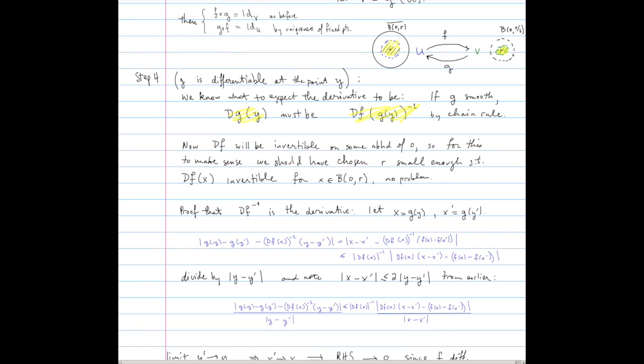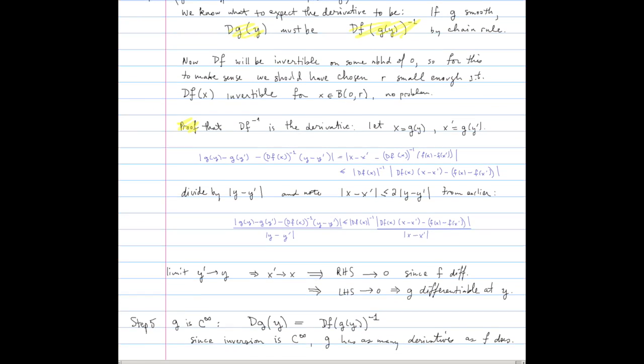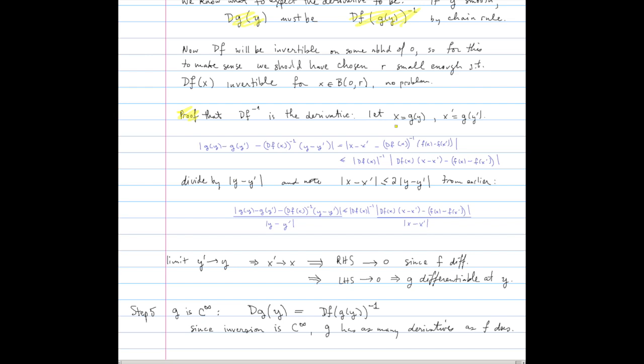Okay, and that guarantees that at least we now have a well-defined guess for the derivative of G everywhere on V. So now we need to prove that this inverse operator is actually the derivative of G. So we do the standard thing. We take